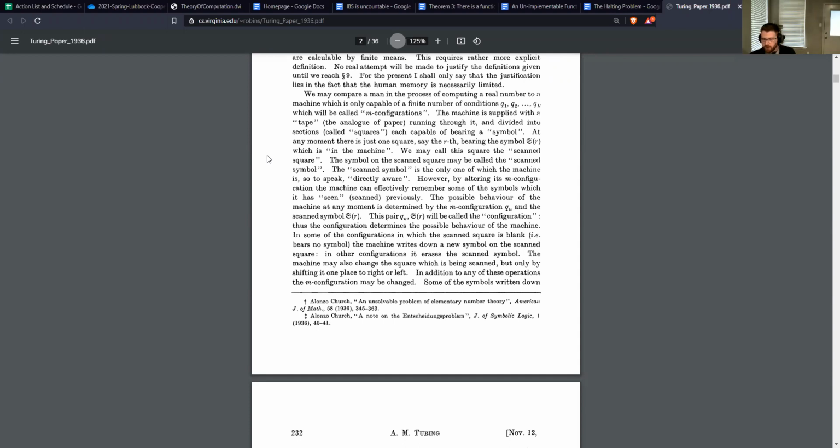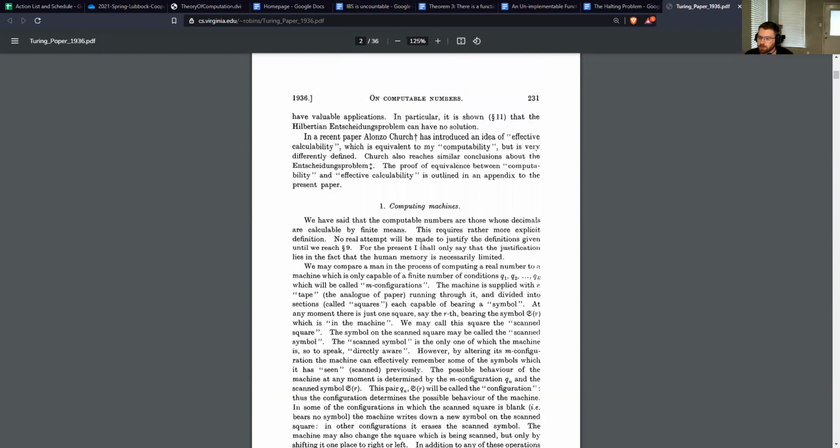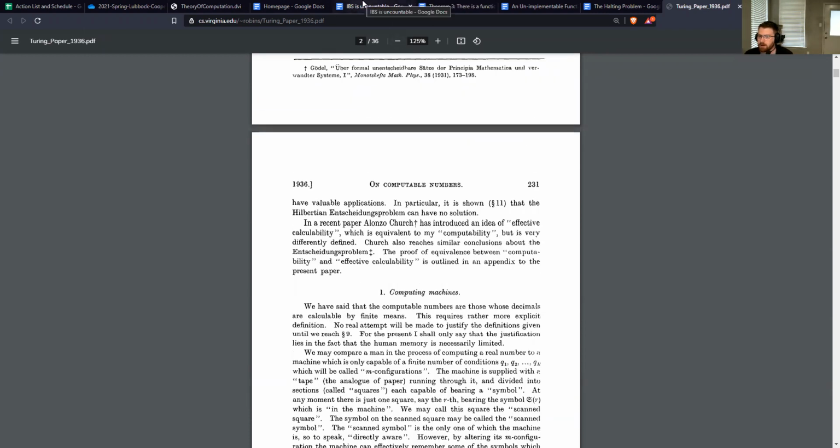So I've really struggled to think what the best approach would be. Do I give the motivation and results of Turing's paper, or do I start with what a Turing machine is? I don't really know. So we're going to go with my gut feeling, and we're going to start with the